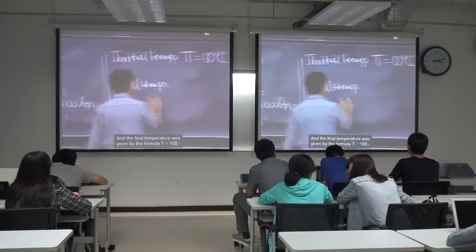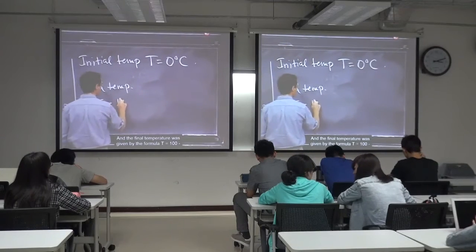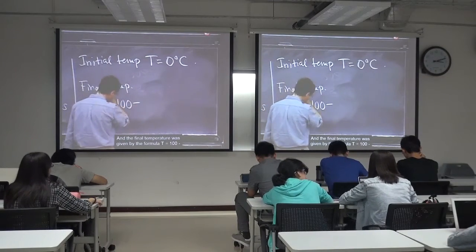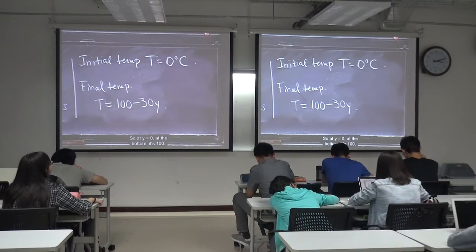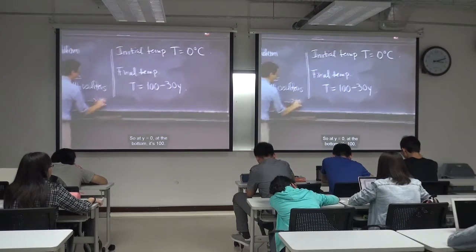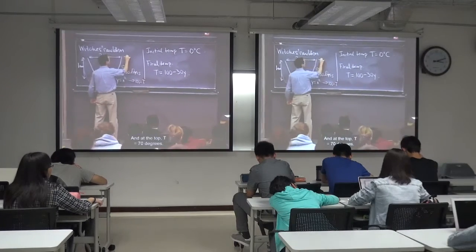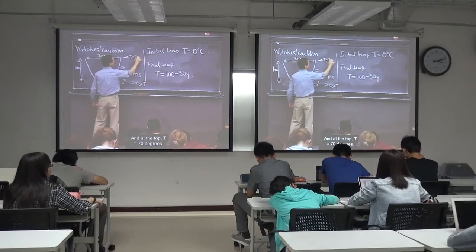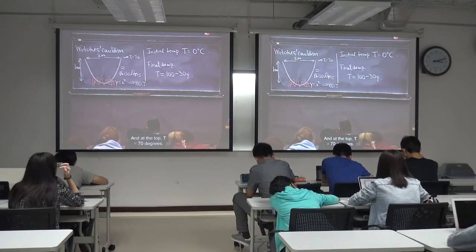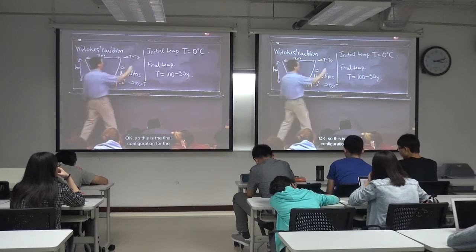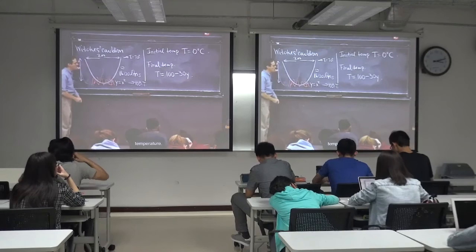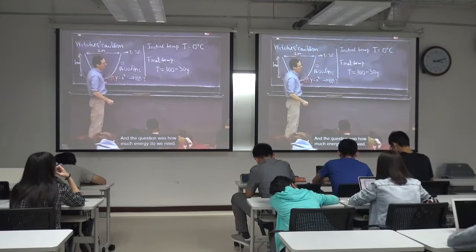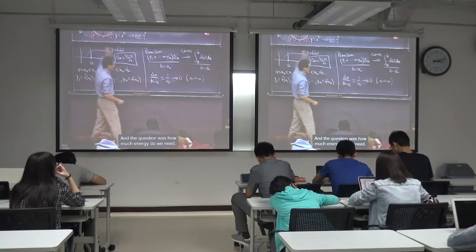The final temperature was given by the formula T equals 100 minus 30 times the height y. So at y equals 0, at the bottom, it is 100, and at the top, T is just equal to 70 degrees. So this is the final configuration for the temperature. And the question was, how much energy do we need